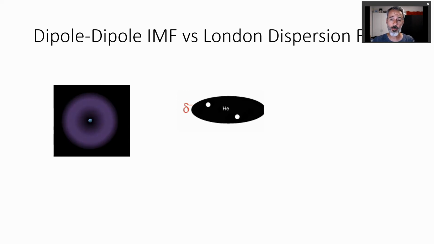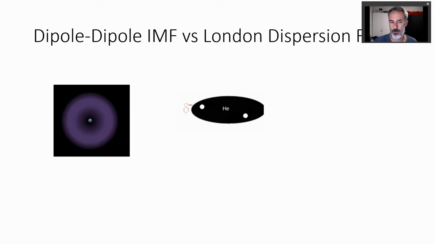And when they fly about, they may have these moments where they aren't so evenly distributed. Like right there, did you see for a moment they were on the right side? Now they're pretty evenly distributed. But right there, they're on the right side again, which is going to make for a fraction of a second this side negative and the other side positive. You can see it's going to be constantly fluctuating in this way. So it's not going to have that sort of setup permanently partially negative and partially positive,